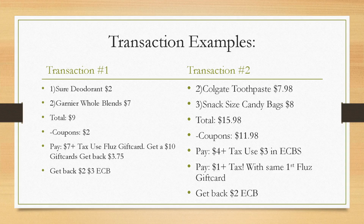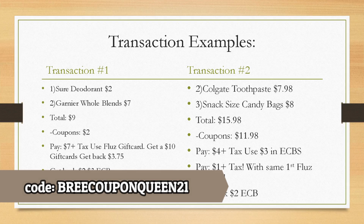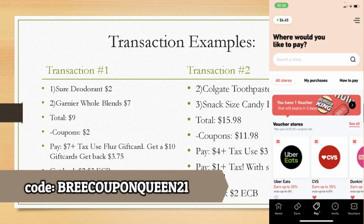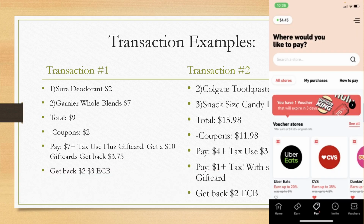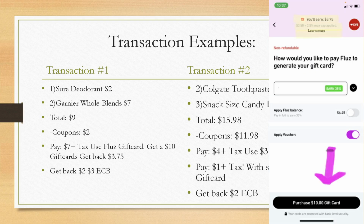So what you need to do is use a Fluz gift card. So you're going to download Fluz. My code is Bree, coupon Queen 21. When you get it downloaded, this is what it looks like on the right. You're going to search CVS at the top. Then you're going to click on a $10 gift card. When you buy it, as you see, you'll get back